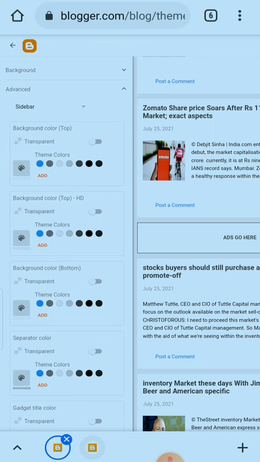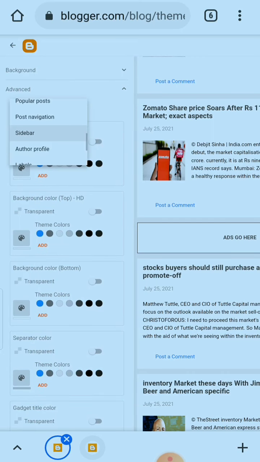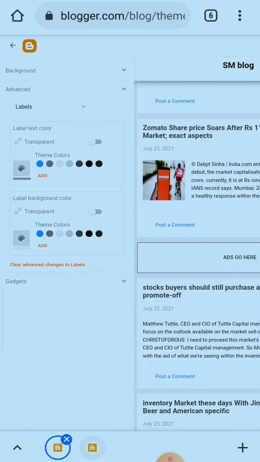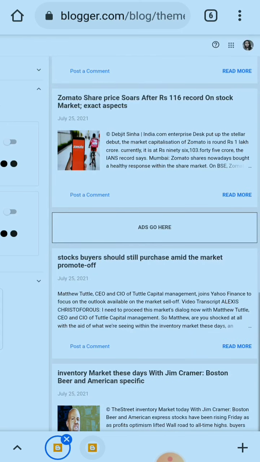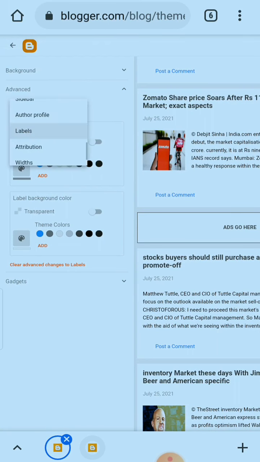Sidebar. Sidebar is also okay. Author profile. It's also okay. Labels. Labels text colors. It's okay. Attribution.